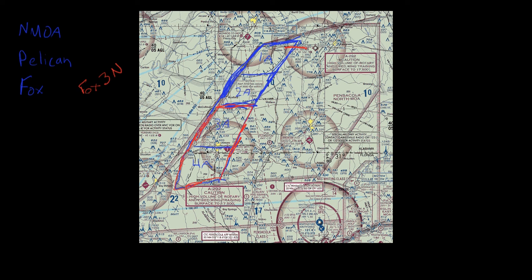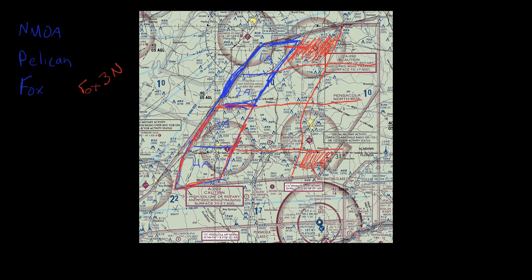Other big things I see with students up in the north are just descending right through other people's Pelican blocks, okay? So what Pelican blocks don't exist? All right, we've got 4 Charlie and we have 1 Bravo. There's no Pelican block there, okay? And that's because of Evergreen's airspace and the departure corridor out of North Whiting. Okay, so there's no blocks there. So you can descend through those. However, descending through 1 Bravo, probably not the best idea because you'll be descending right onto Evergreen in that case,